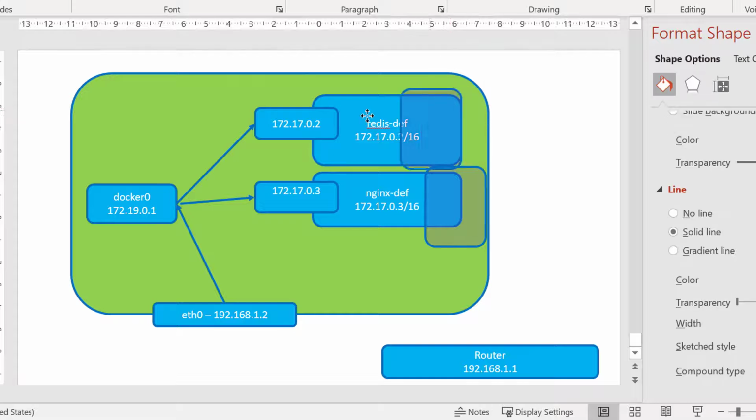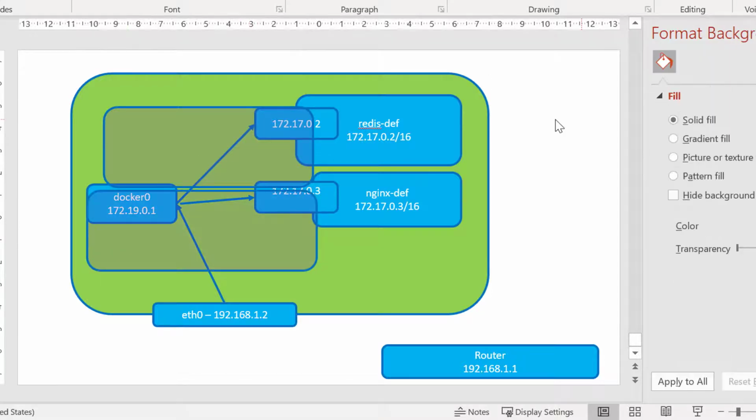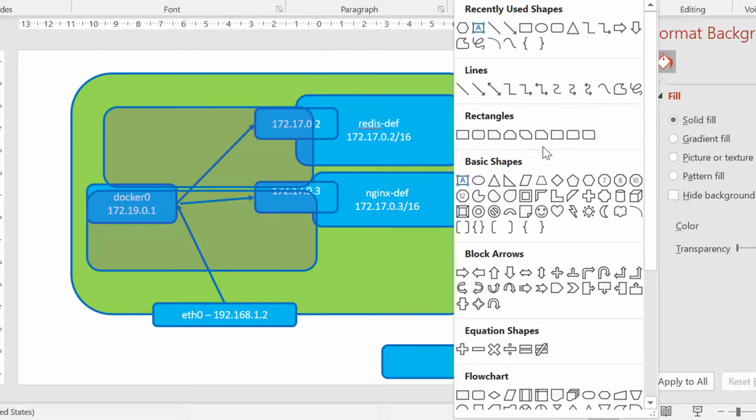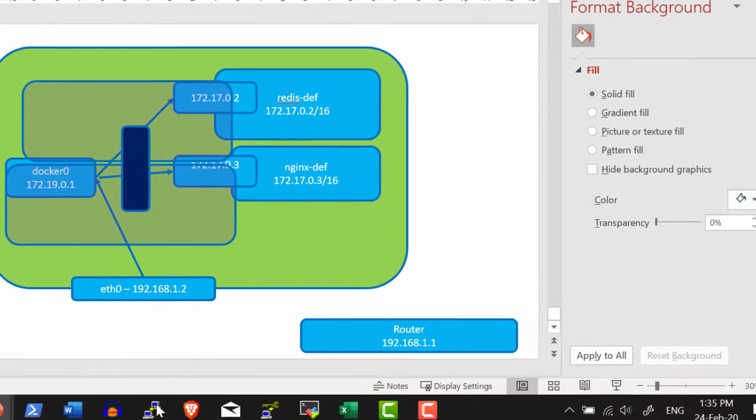So basically this networking namespace, if I draw it very clearly, is going to have attachment to this specific bridge. So through the bridge, it will be in a position to communicate, but they will be independent of each other. Now I'm going to create a bridge between these two. Let me go ahead and create a bridge. So I will create a custom network and connect these two namespaces. Let me go ahead and do that.